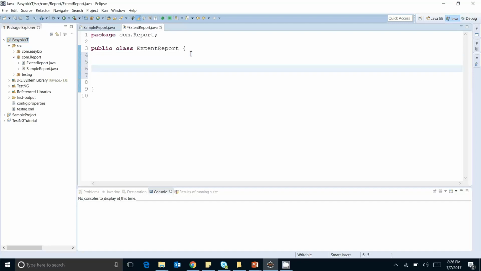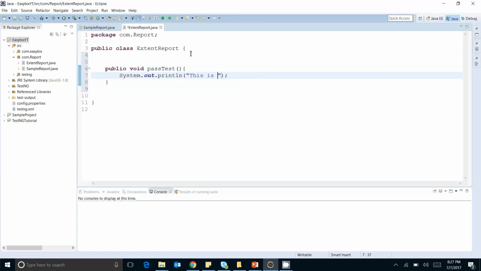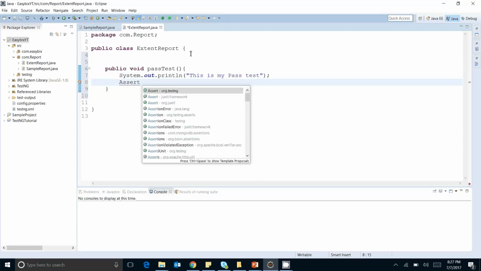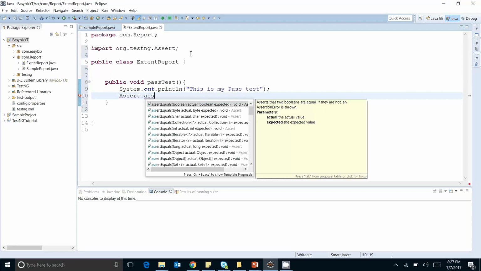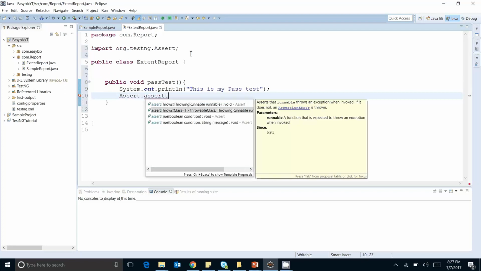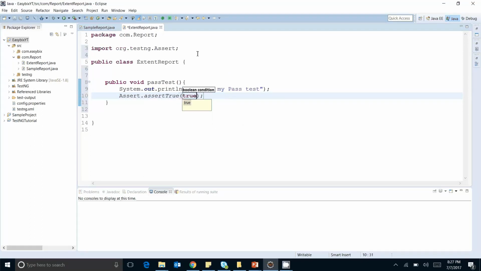So let's see. Before configuring the extent report, let's design some sample tests in TestNG, like public void pass test, and here I will put some dummy code, like this is my pass test, and I will put an assertion over here, assert true, and to make the condition true I will pass true over here.